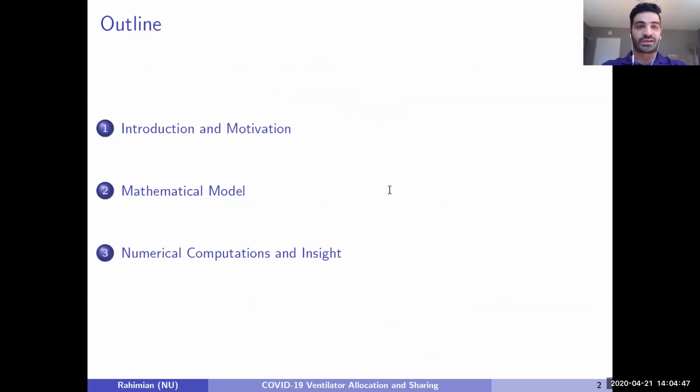I'm going to start by motivating what we have done, and introduce the problem and its challenges. I'm going to present a mathematical model, followed by some computations and insights that we can get from the optimization model. Before I move forward, although I'm speaking at a discrete optimization talk and my model has some discrete variables in it, it might be very different from the other talks that you would see in this series. I'm not going to do any fancy stuff about discrete variables in my model. This is truly a practical applied project that we did